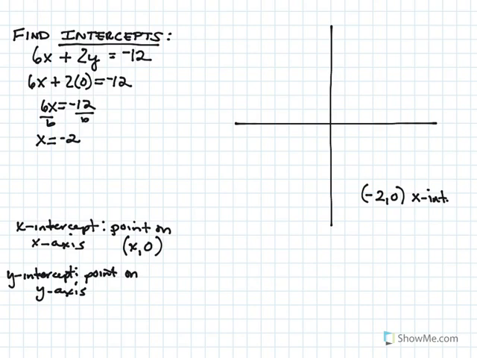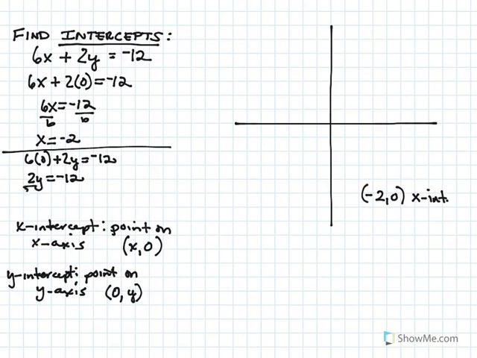Then we're looking for the y-intercept. So the y-intercept means the x component is always 0, and we're looking for the y value in the equation. So 6 times 0 plus 2y equals -12. 2y equals -12. Divide both sides by 2. Y is equal to -6. So 0, -6